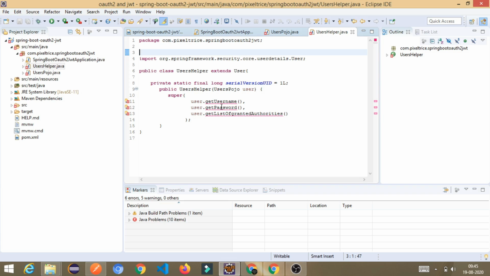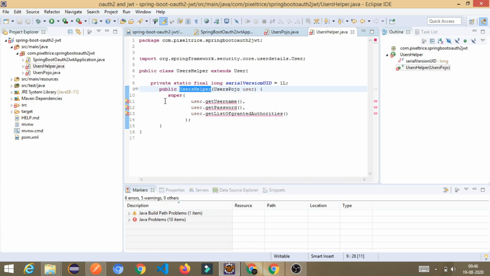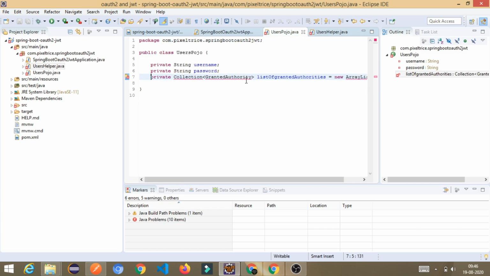Look here. This is the user helper class. What have I done here? I am extending the User, which comes from Spring Security. At the same time, I am creating a constructor of the user helper class where I am passing the Users POJO object that we already created.